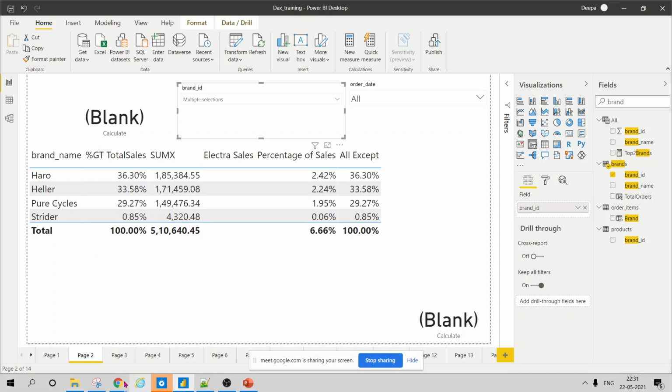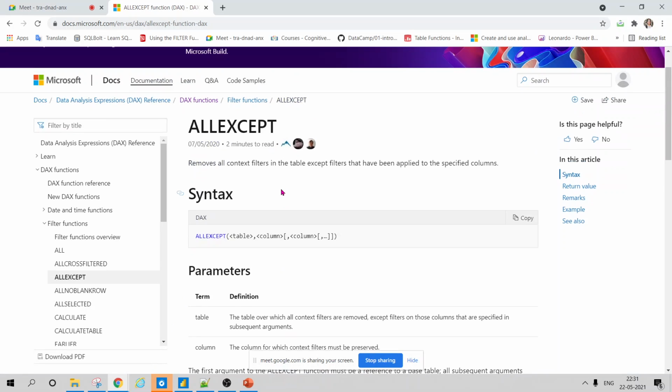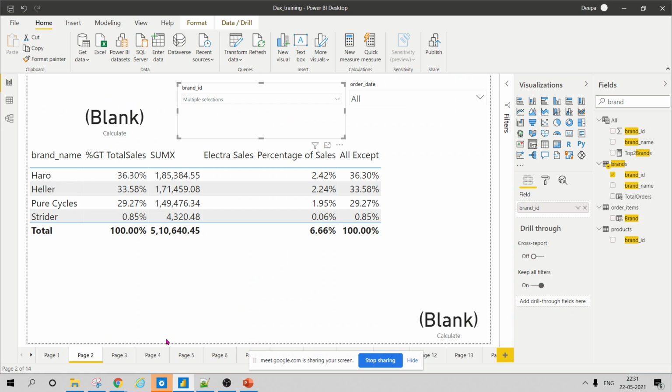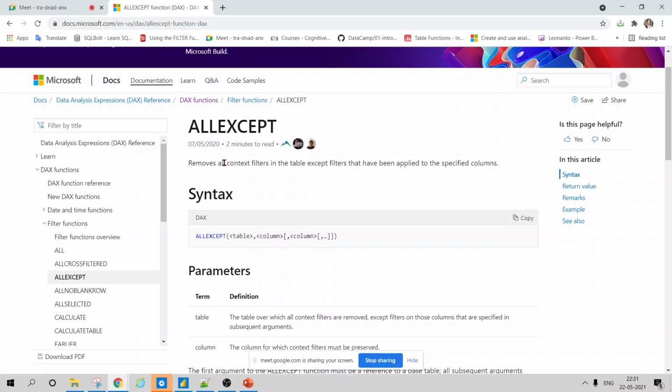In that case, how ALLEXCEPT works is that it removes all the context filters. You might have multiple filters over here, but it will remove all the context filters in the table except the filter that has been specified on the specified column.